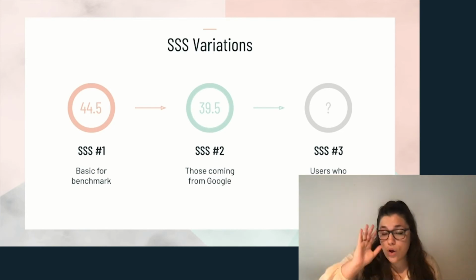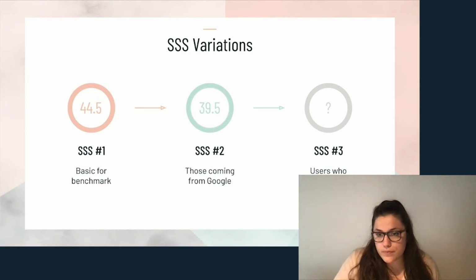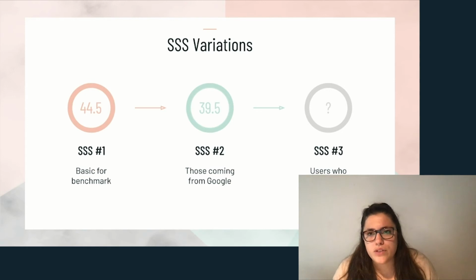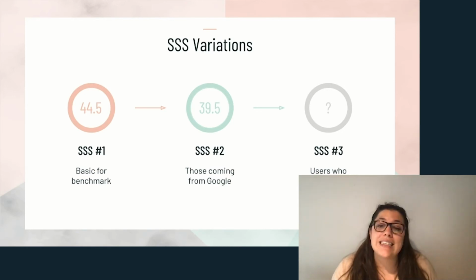So then we have a whole set of experiments that we can run to figure out what's going on from Google and how we can improve the experience from Google. We also have one that comes directly from our company's tool to the knowledge base, so that we can see how that varies. And that was actually even lower than Google. So this quarter and the next quarter, those are the 2 self-service scores we're focusing on.